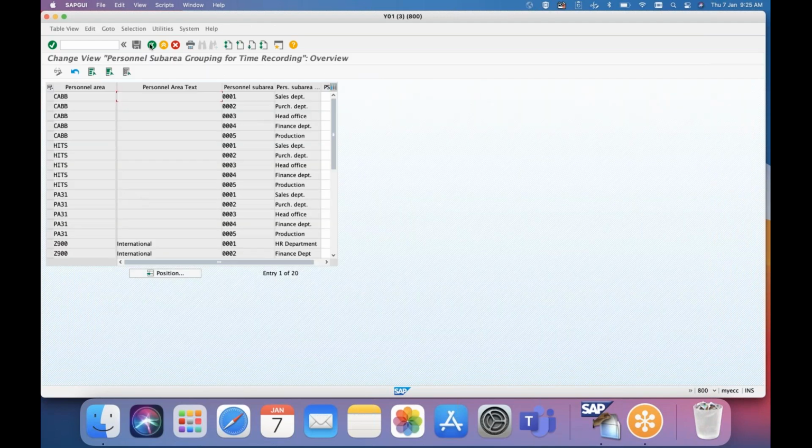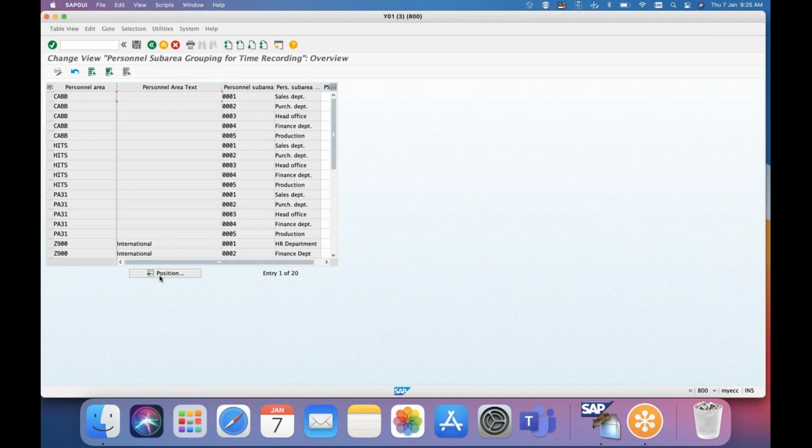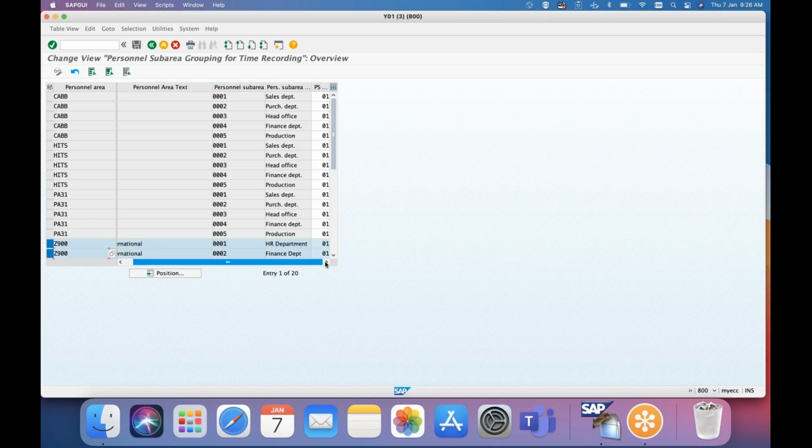These are the personnel areas which we are going to use. By default I have given 01, because there are many tables with standard time types which will execute in the standard time evaluation, and they exist only for grouping 01.